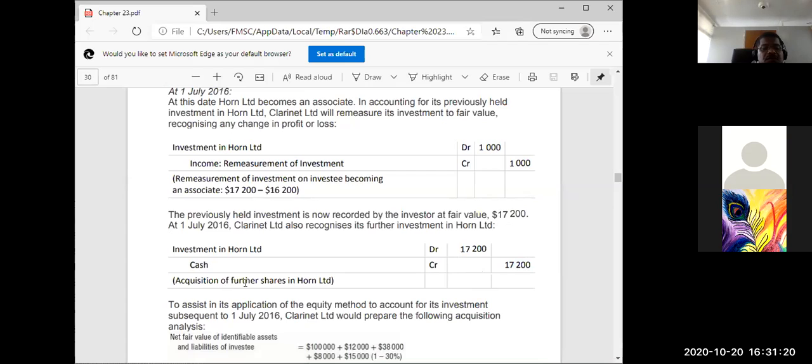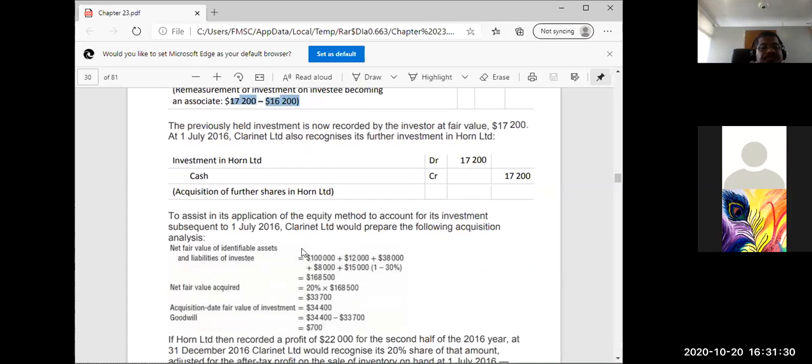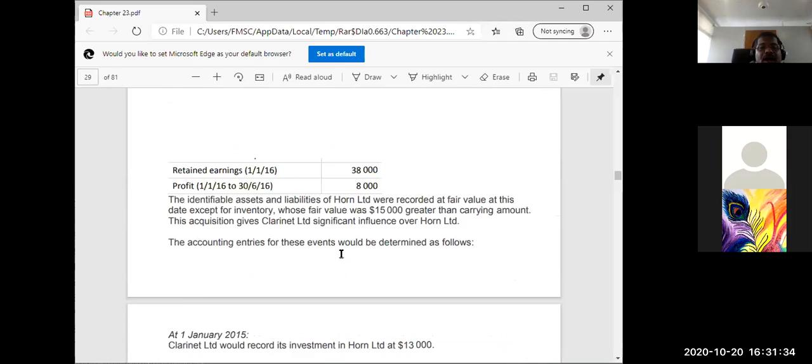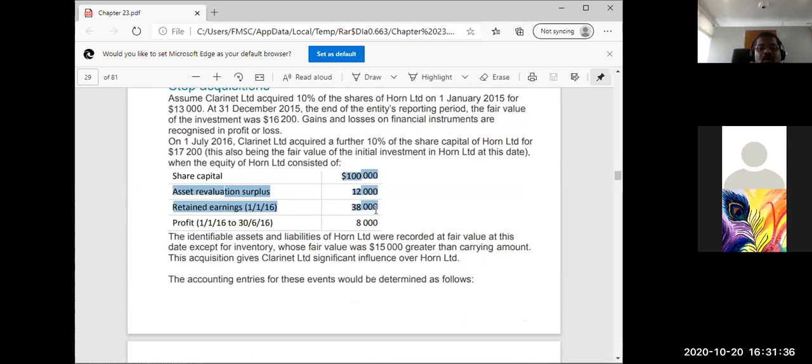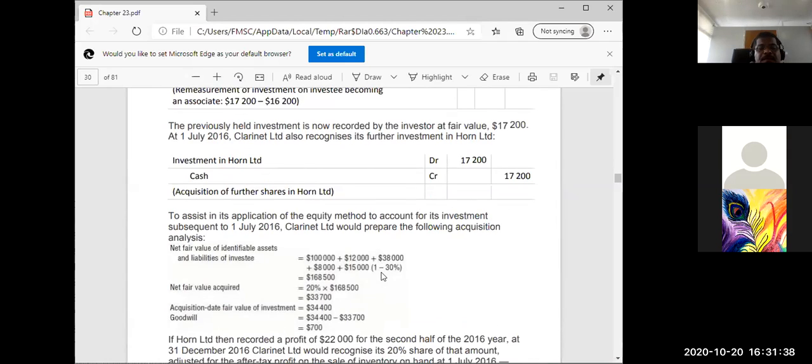Here, acquisition of further shares in Horn Limited. Here, remeasurement of investment becoming an associate. So you will understand the narration. So you can calculate the goodwill. Simple. How do you calculate the goodwill? You take all these plus the increase in inventory,